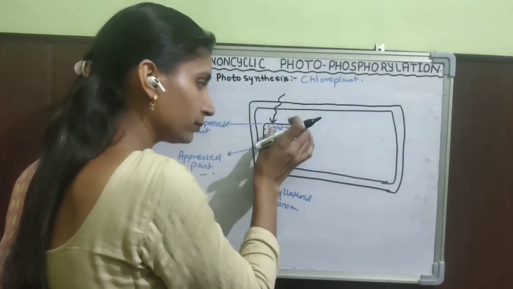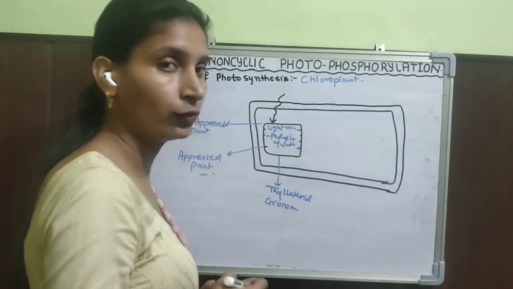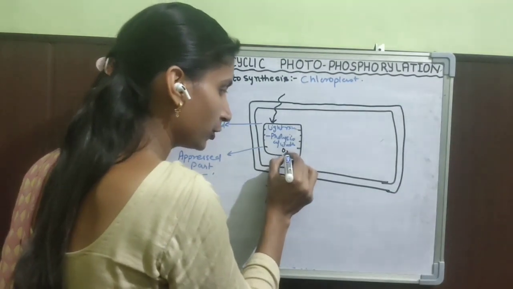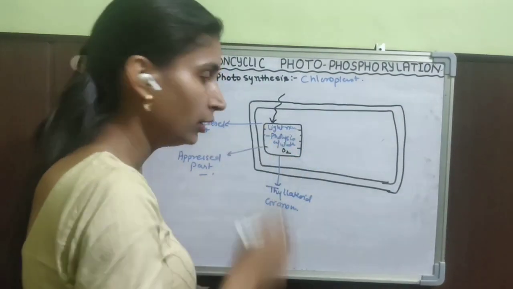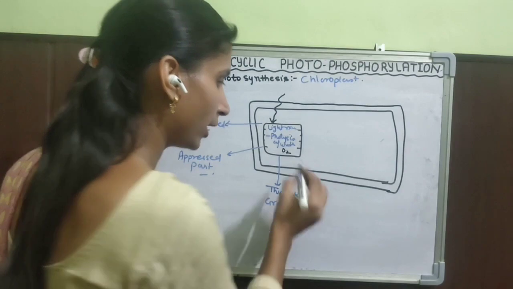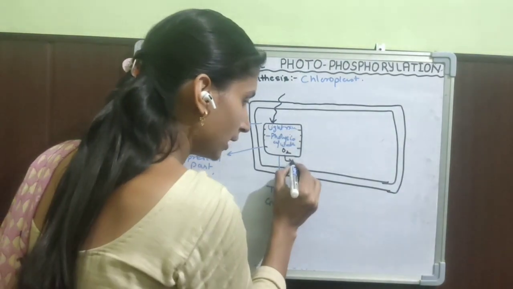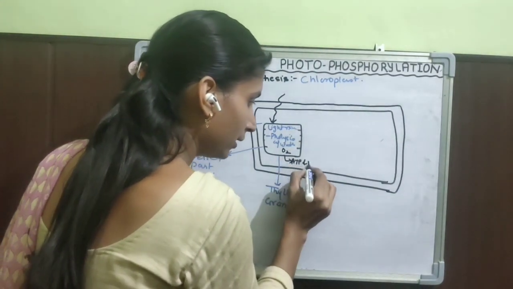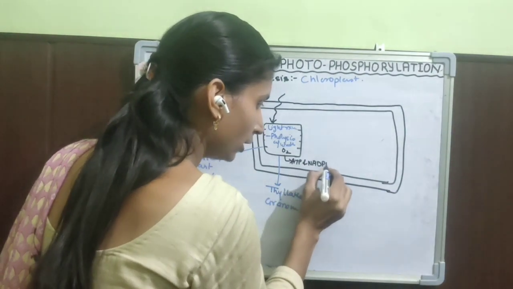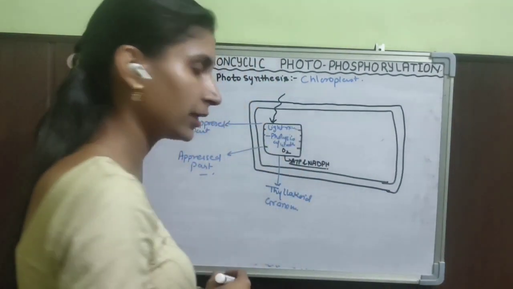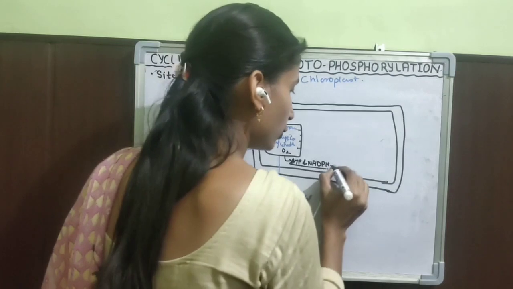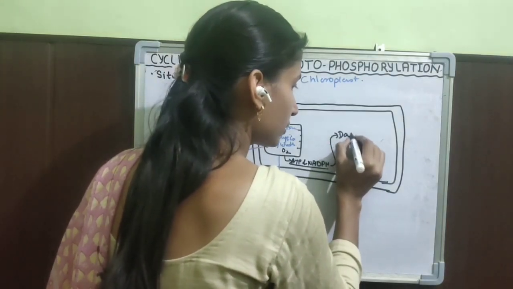Then after the absorption of light, photolysis of water occurs, where oxygen is produced and liberated into the atmosphere, and ATP and NADPH are also produced during the light reaction, which are used by the dark phase